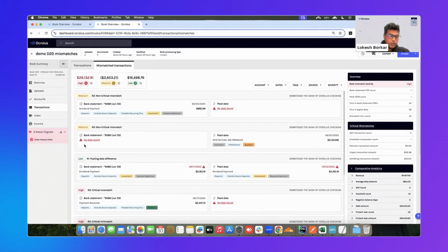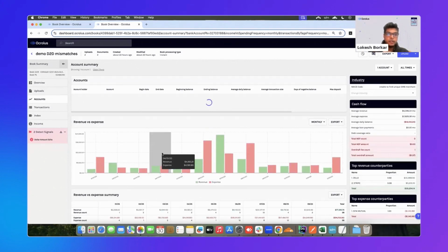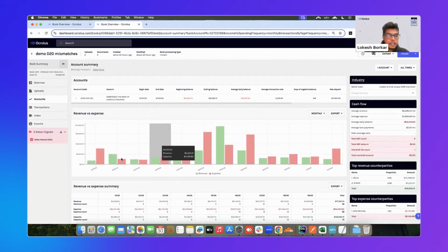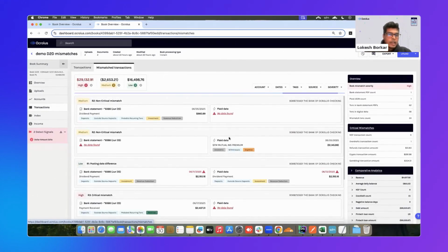Great. To add to that point, you can see that we have stitched the data together in one clean time series format. This has all 12 months of data, and we have deduplicated the data for June, July, and August. Now, going back to the mismatch transactions, not all mismatches are equal,